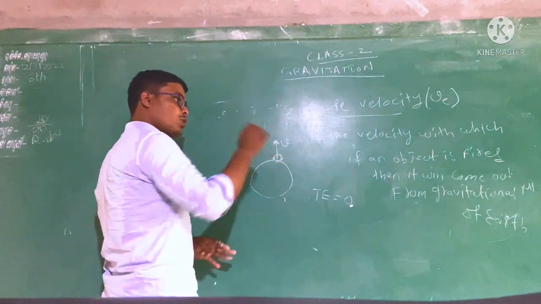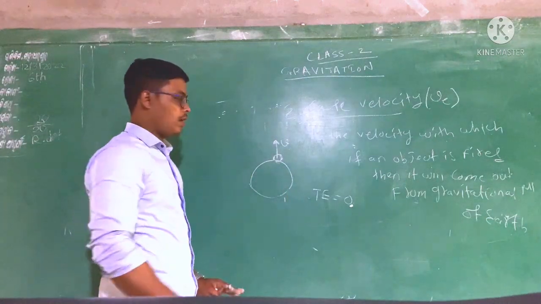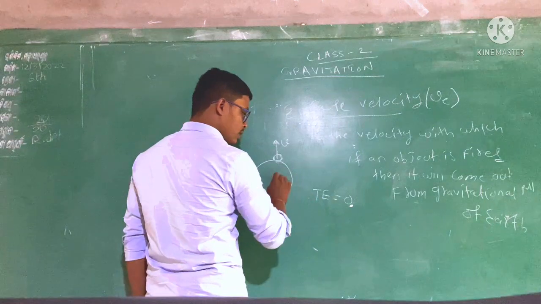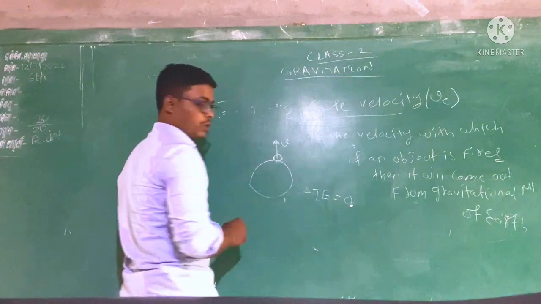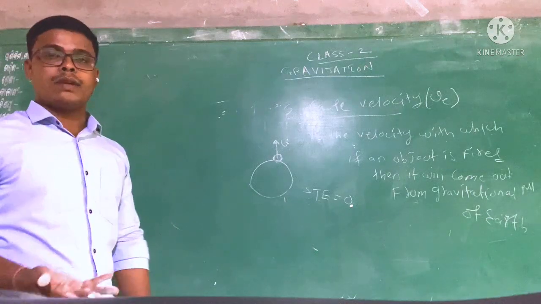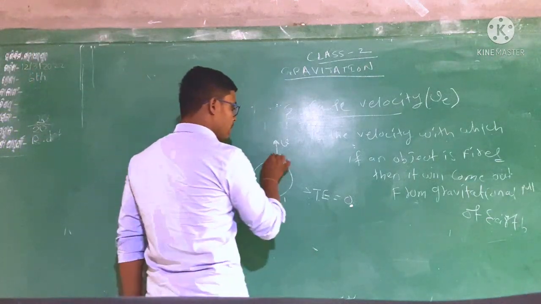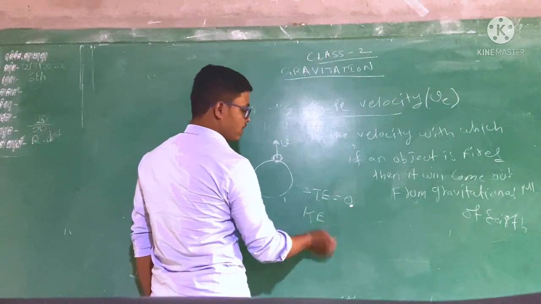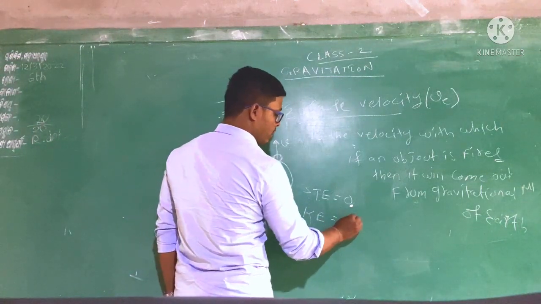So its total energy is lost and it goes outside. So what is total energy? That means the total energy is zero. If you cannot do anything, meaning your energy is zero, okay. So it will never come back. That's why total energy equal to zero. Hence kinetic energy equal to potential energy.